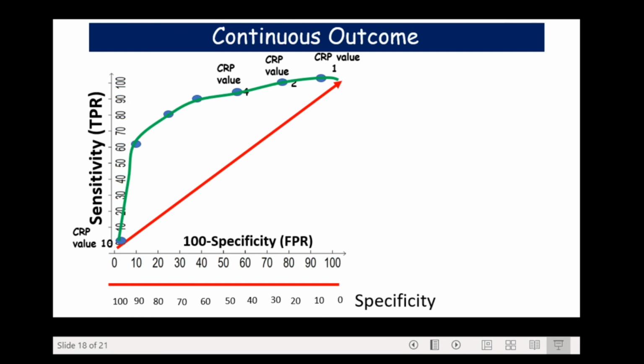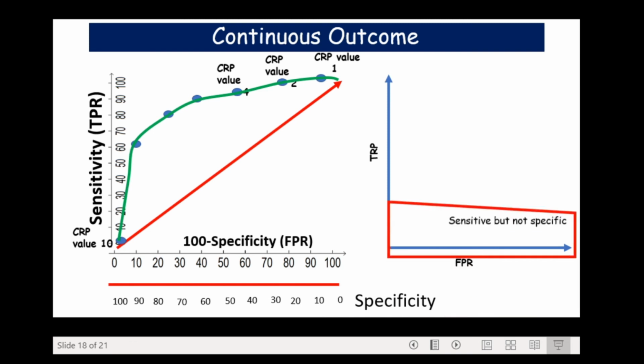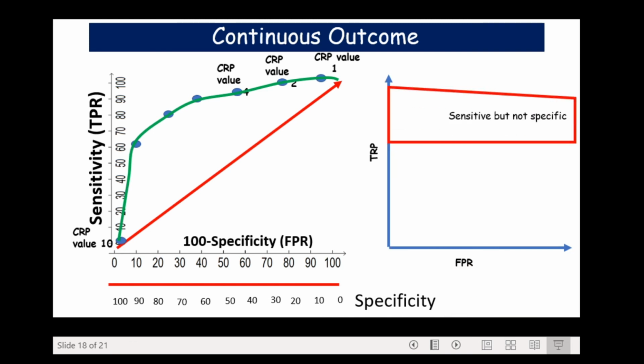To further emphasize the interpretation of the ROC curve, let us plot the graph with sensitivity or TPR on the y-axis and false positive rate on the x-axis. All test values falling in the top upper zone will be sensitive, but not specific, so resulting in many false positives. On the other hand, test values falling closer to the y-axis will be specific, but not sensitive, resulting in fewer positives. But test values generating sensitivity and specificity in the left top corner will give us the best diagnostic cutoff, having the highest sensitivity and specificity.